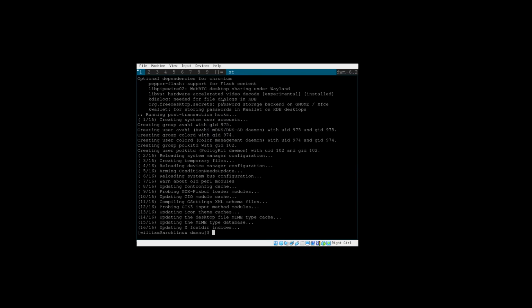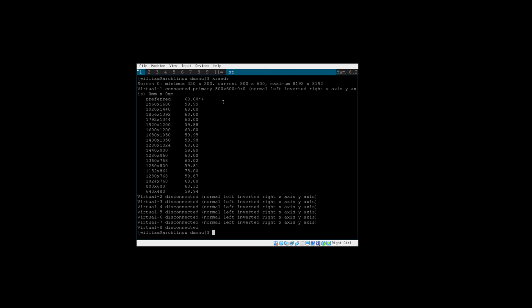Now, if you're having resolution problems, that can be fixed by running xrandr to grab your display name. In my case, it's Virtual1. To change the resolution, you're going to type xrandr --output followed by your display name. In my case, Virtual1,